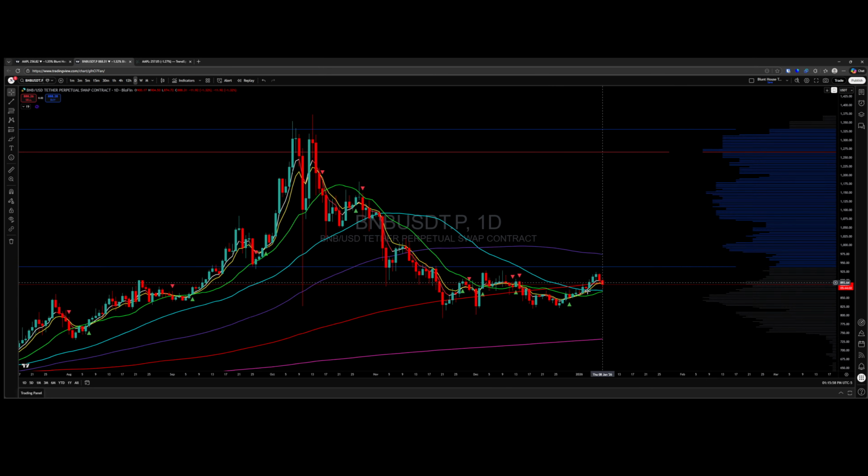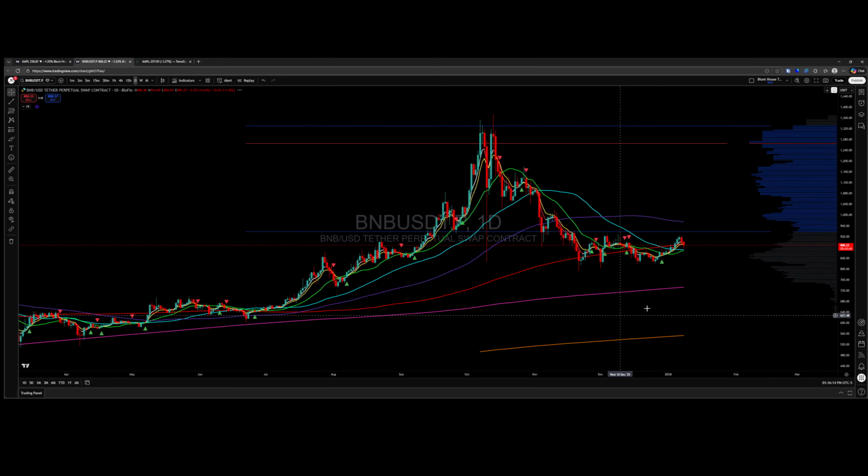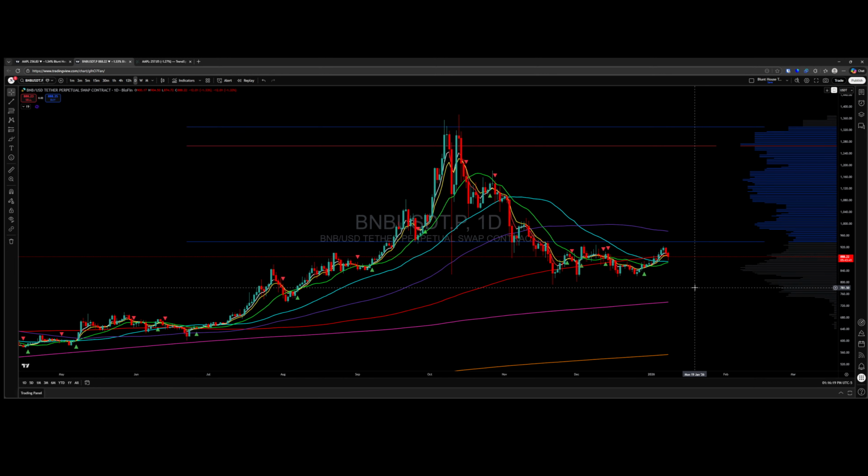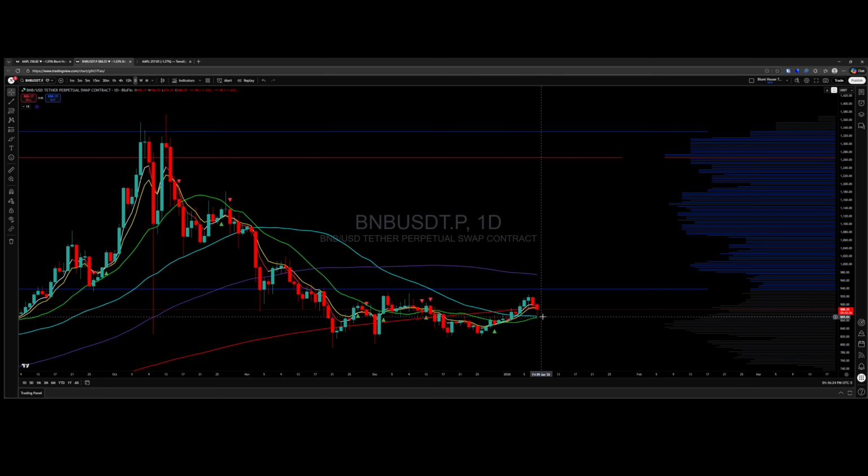But what happens if this fails? Well, you'll come back to this level, obviously, and if it doesn't hold, this is the failed breakout. Take out these lows, and if money doesn't come in, then you'll end up looking for the next level down as a support measure. If it bounces, you look for it to take out the previous high and then start shooting for that lower value range level. You get yourself into the gap, and then you'll head to the 100 MA, which is kind